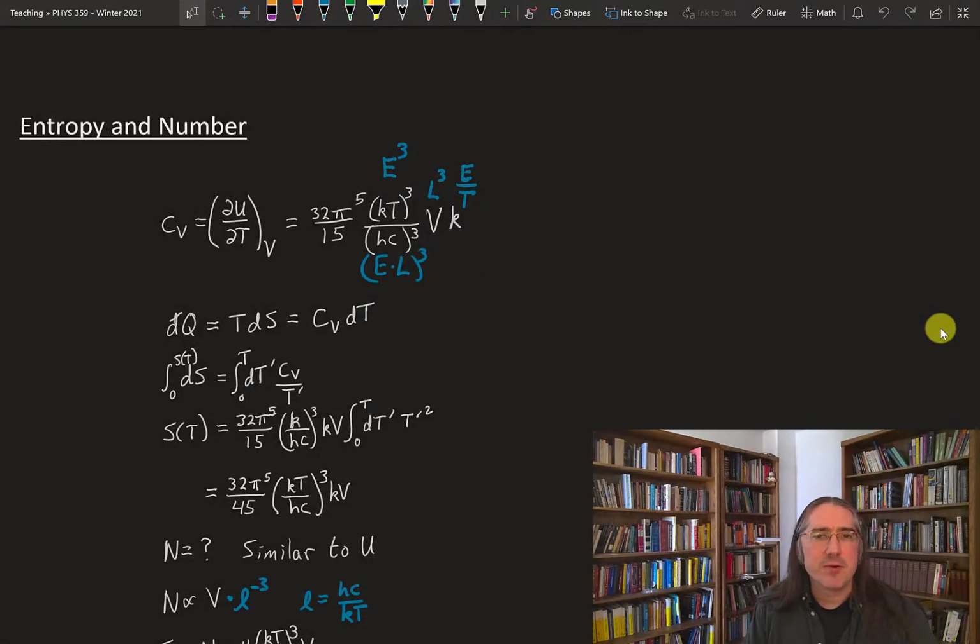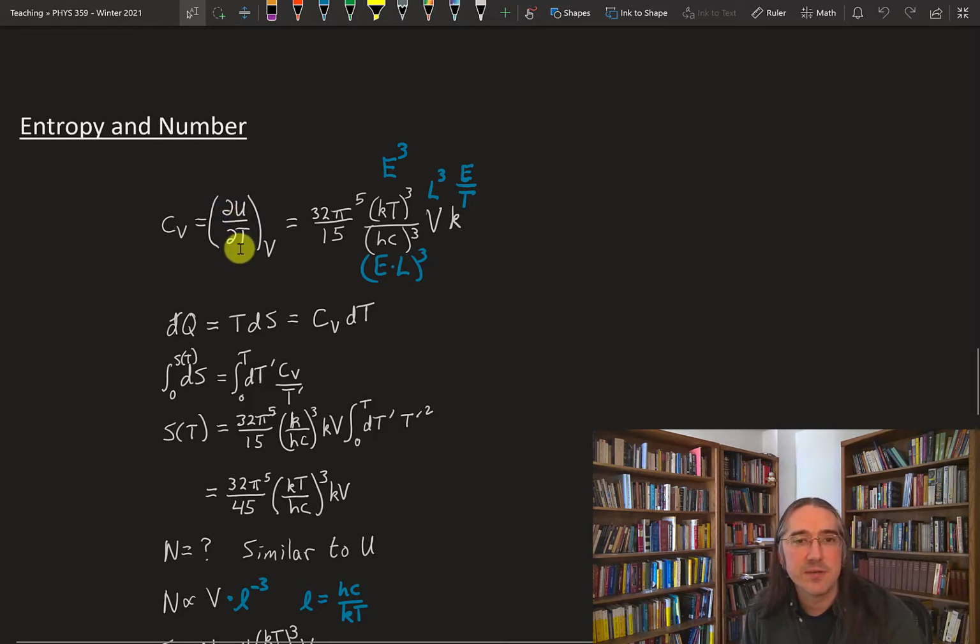One thing that we frequently want to calculate is the heat capacity of a system. We want to know how its temperature responds to a certain influx of energy. So heat capacity is dU/dT. We've already calculated U as a function of T, so we can just do this derivative. We had a T to the fourth, which is going to drop a 4 out front, where we had 8 pi to the fifth before. This is going to become kT cubed, and there's an extra k floating around now back here. But otherwise, this is just straightforward from the formula we had before.